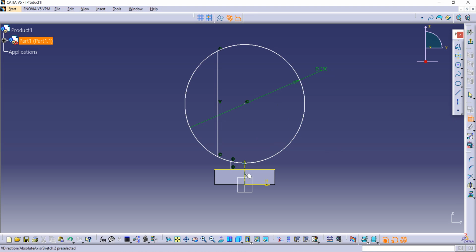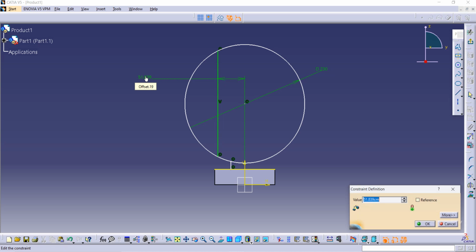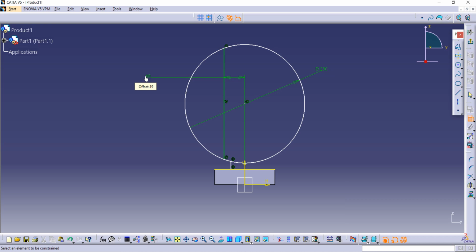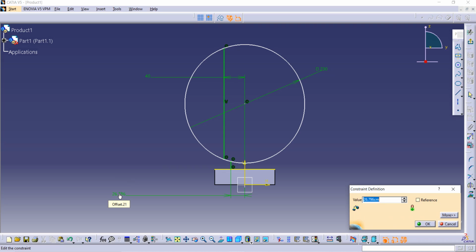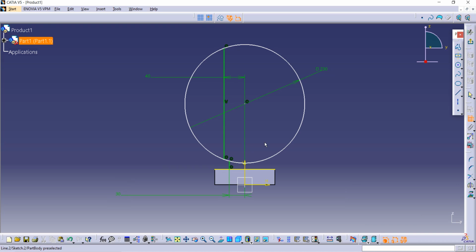Distance between this central axis to this drawn line is given as 80 divided by 2, that is 40. And after that, central axis to this line, it is given as 36. It is given as 60, but we are taking 30 because we are taking half. After that, we have to give this central dimension.